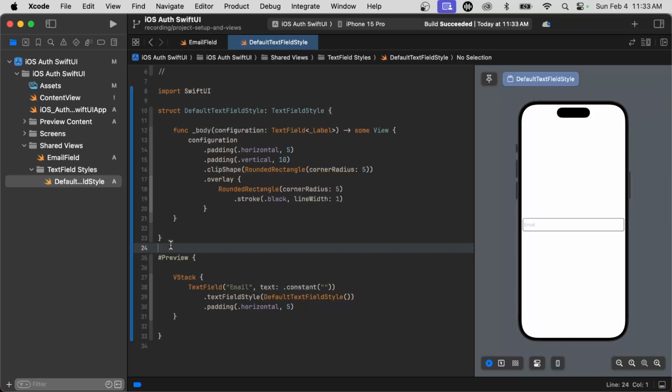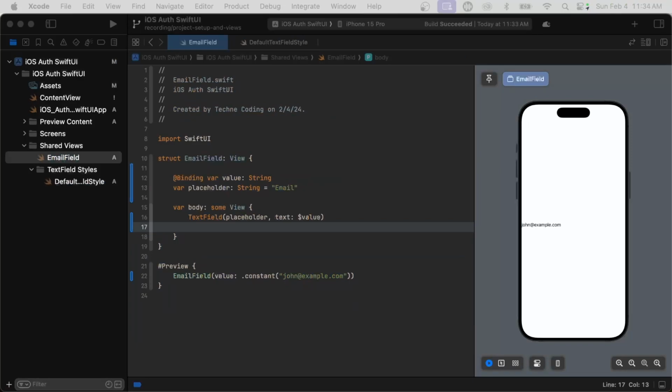That's the only thing I would say UIKit is still much better at. If it's extremely complex, UIKit may still be the better choice because it's more consistent and just well-rounded, and it's time-tested. SwiftUI, though, if you can make it work in SwiftUI and it works well, I'd say just stick with SwiftUI personally. So now that we've done that, we can go back to our email field here, and we can